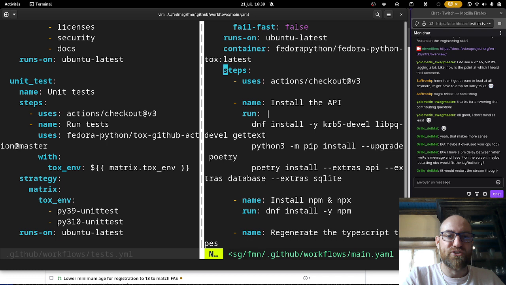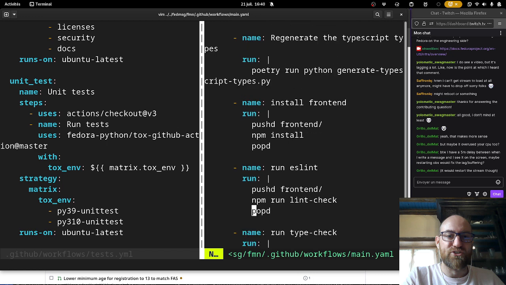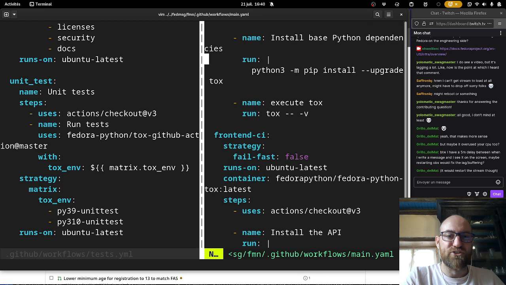Is that right? Which is fine. I mean, we can do that. At the moment, the unit tests. Yeah, I mean, we can do that. It's fine.